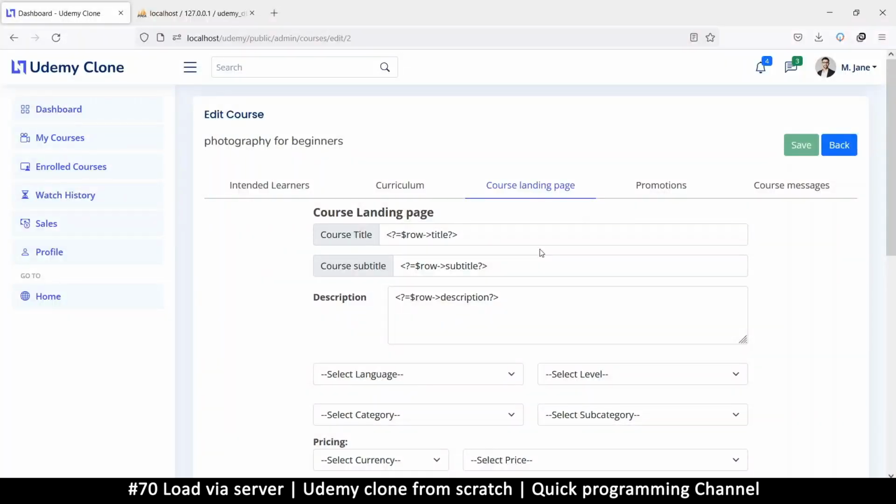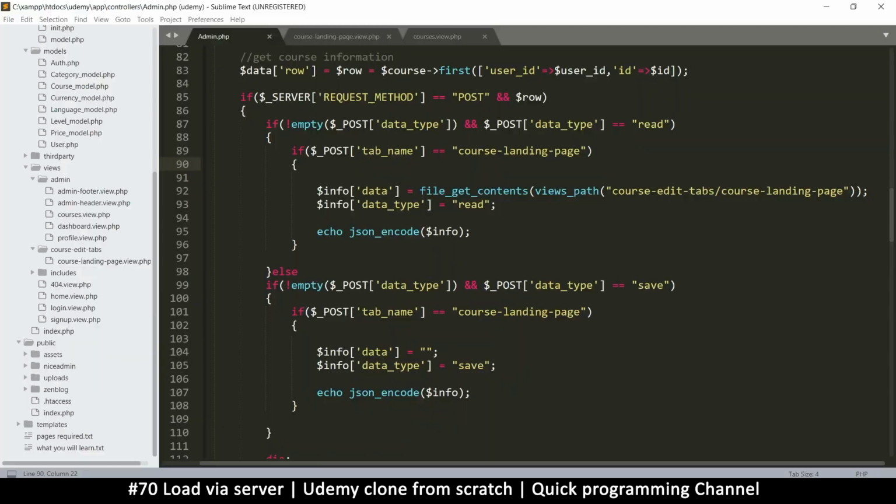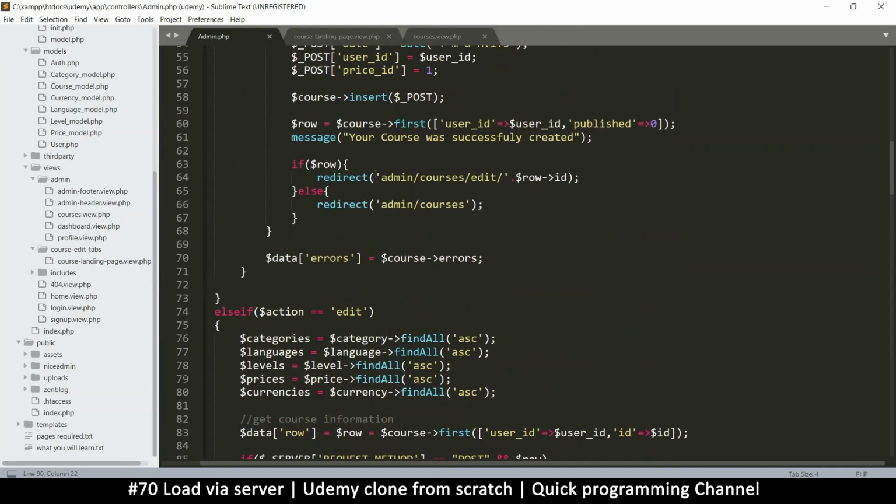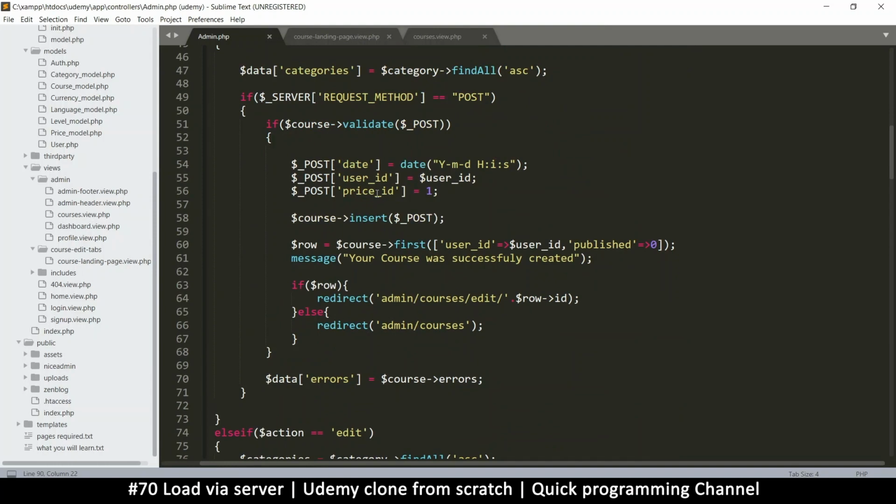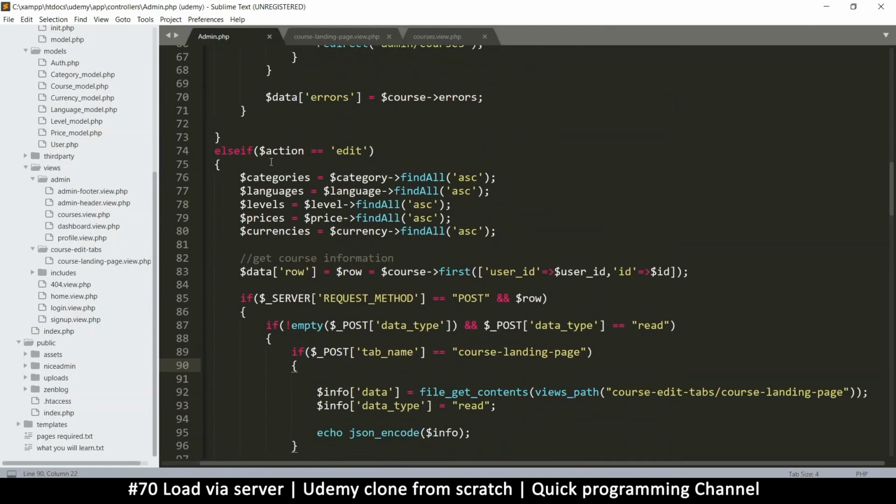Hello and welcome back. So we want to fix this error, this issue of PHP not running. So this is quite a complex issue. So let's do it. If we go to our admin page here, this is in the courses function, and we are on action